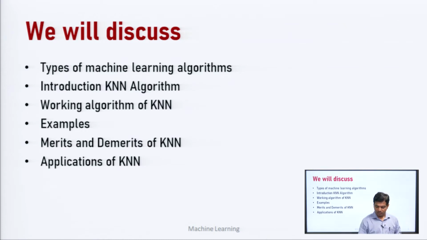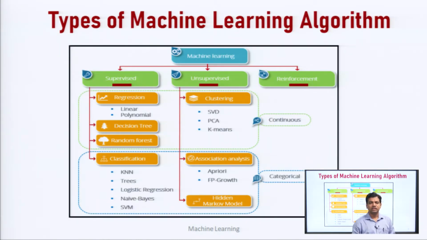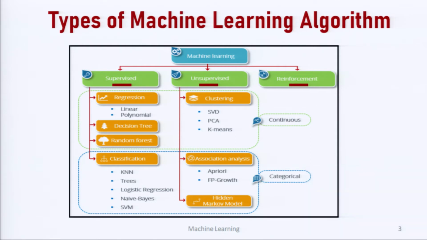So, basically there are three types of machine learning: supervised machine learning, unsupervised machine learning, and reinforcement learning. There is a fourth kind which is of lesser importance, a hybrid kind of machine learning which involves both supervised as well as unsupervised. A mixture of supervised and unsupervised machine learning is what we call a semi-supervised learning algorithm.